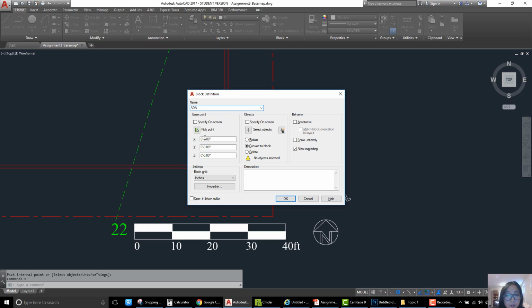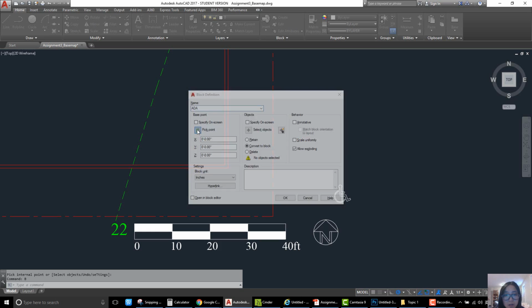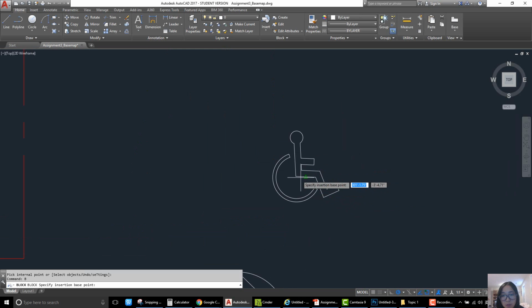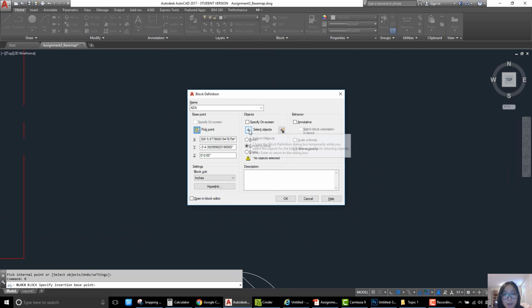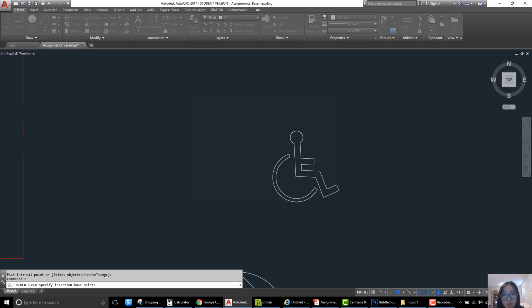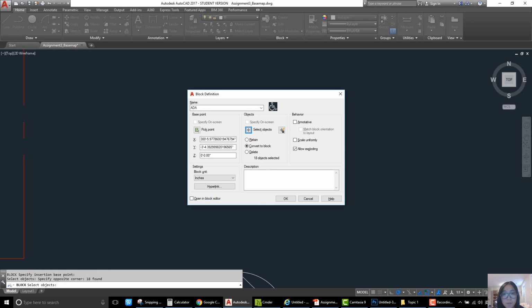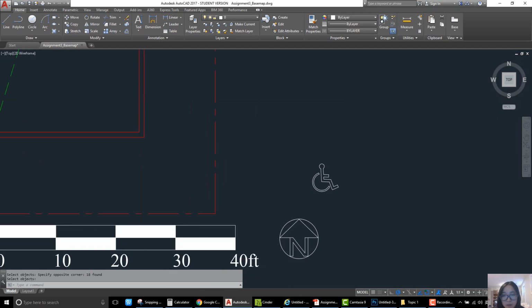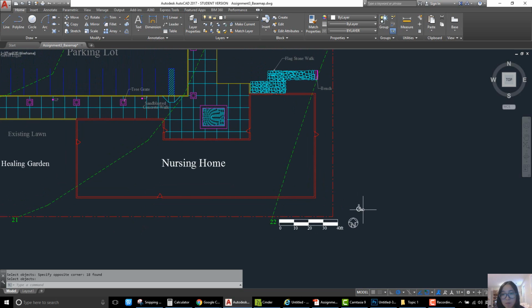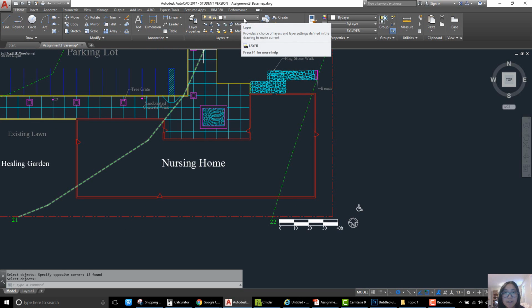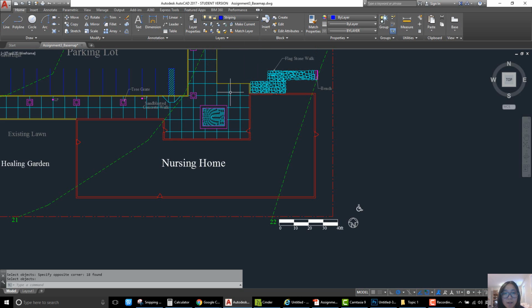So base point, let me pick points. So the base point should be this point, and the objects, let me select objects using the cross window, spacebar to finish, and then I click OK. Now this is made as a block on my 0 layer, and then I go to the striping layer to